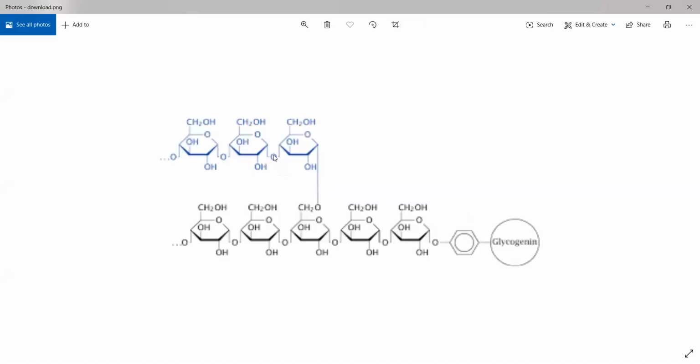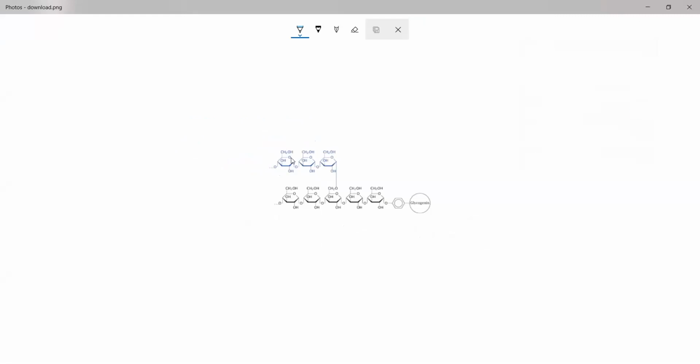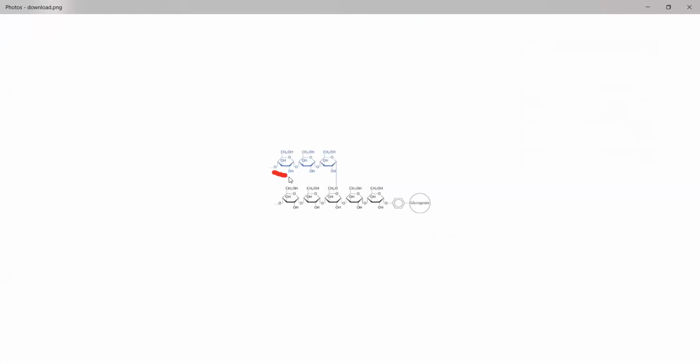A glycogen looks like this with several sugar units being attached to each other, and the chain continues on for a very long distance. Generally, you'll have around 25,000 such glucose units. Here, this is 1 unit. I can't enlarge and do this, but if you can see what I'm drawing, this is 1 unit, this is the second unit, this is the third unit. In between, the dot that you see is a glycosidic linkage. If you repeat this 25,000 times, you will get a glycogen molecule.